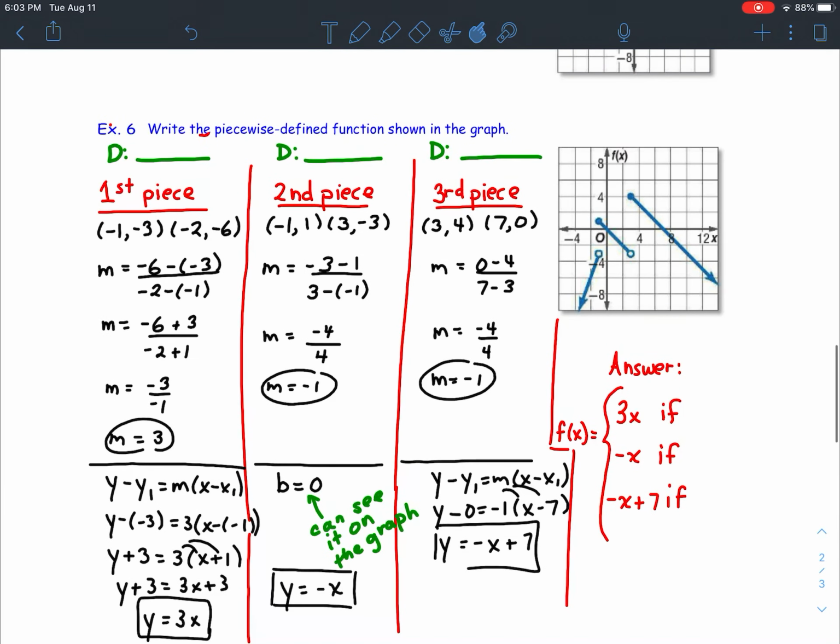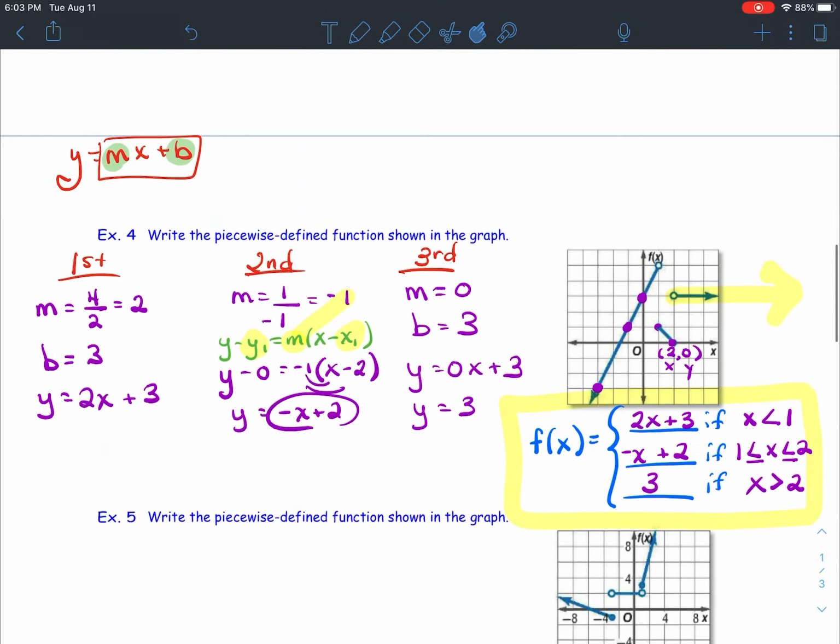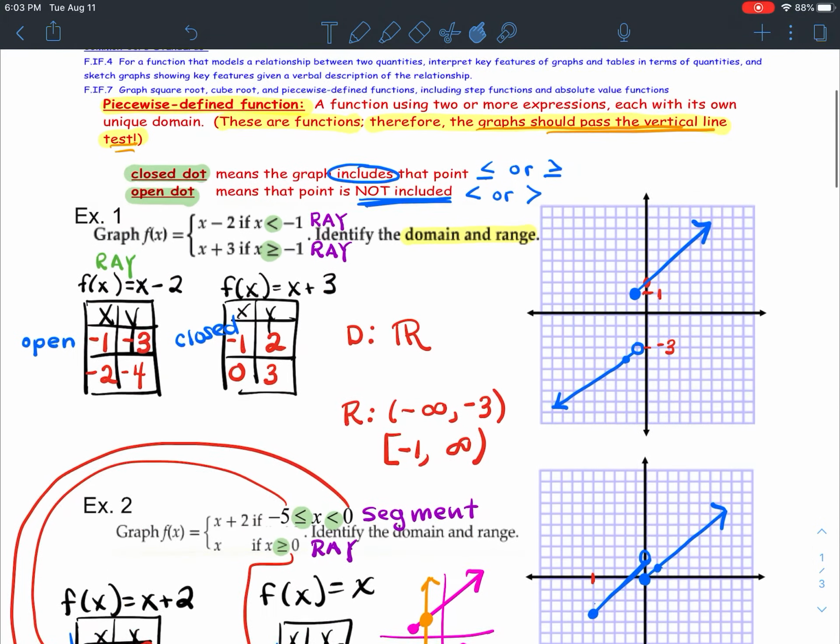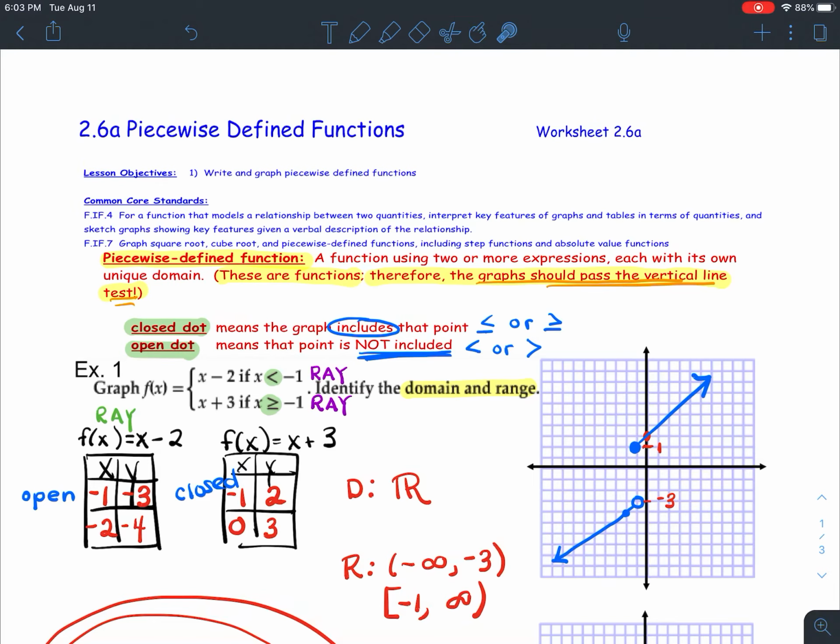That's us going the other direction, where we're trying to come up with the equation for the graph that we're given. Okay, I filled in a little bit of each of this last one here. I just didn't